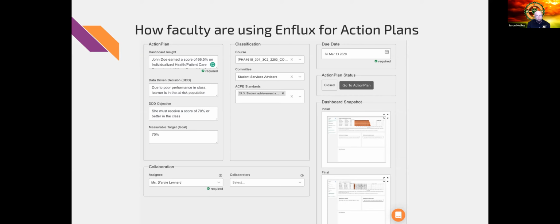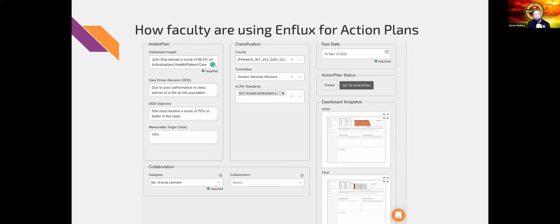So we have a care tutoring program. We assigned them a tutor, and they were tutored in this specific subject. And on exam 2, I'm happy to say that the student scored an 84 on that particular exam. So as you can see, this action plan, followed all the way through, actually produced a good result.